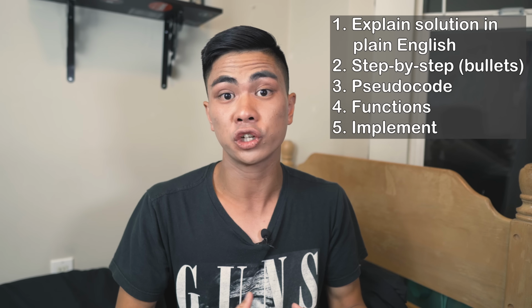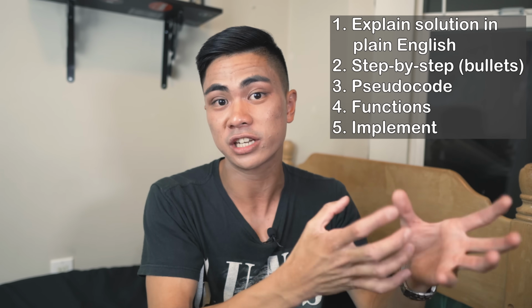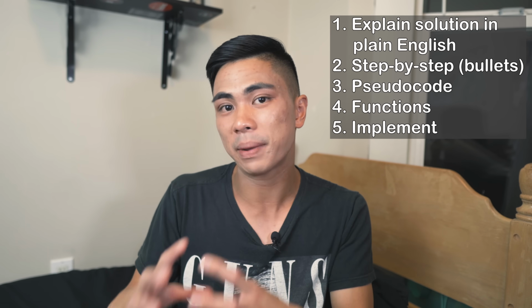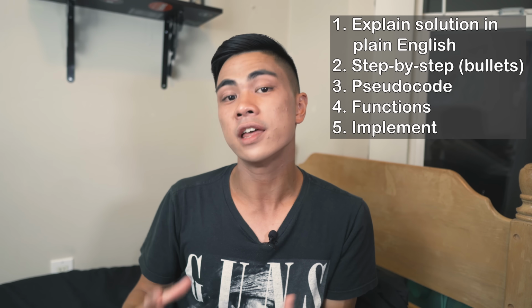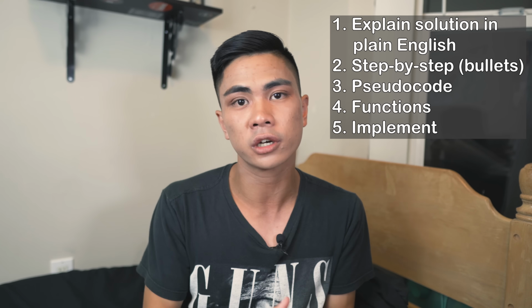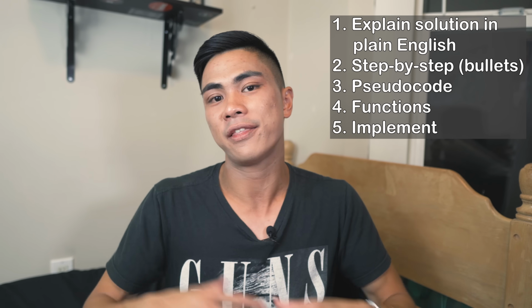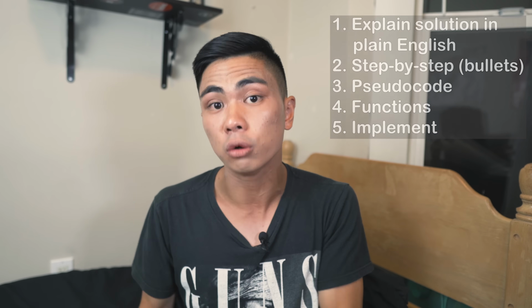I'll explain my solution in plain English and say, oh, assuming that I have code that makes each of these steps work, this solution works. And then I'll break it down into English step-by-step bullet points and say, okay, assuming that each line does what it says it does, this solution works. And then go to pseudocode, make sure that each thing does as expected, and then break it into function names and then implement the functions, right? You wanna go top down. This makes sure that your interviewer knows you're methodical and that the problem isn't the coding, right?